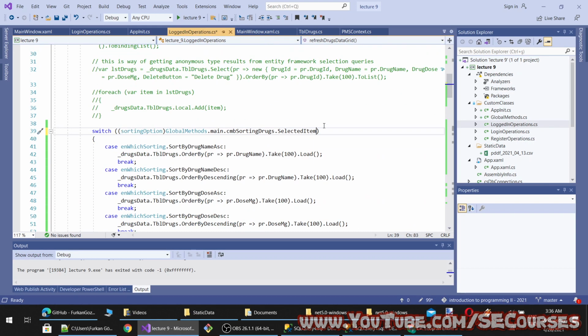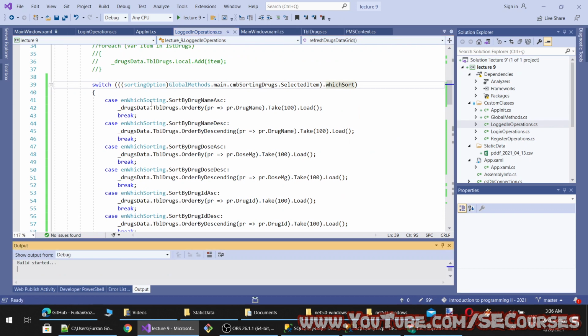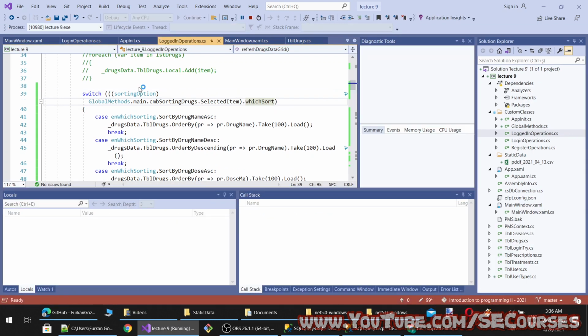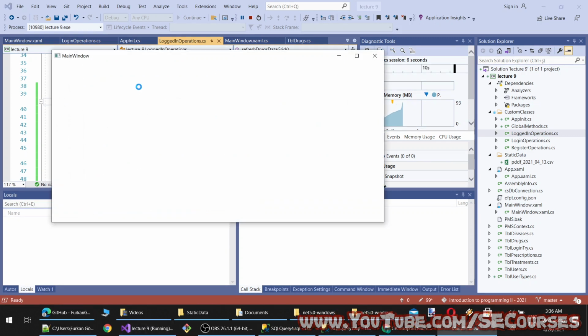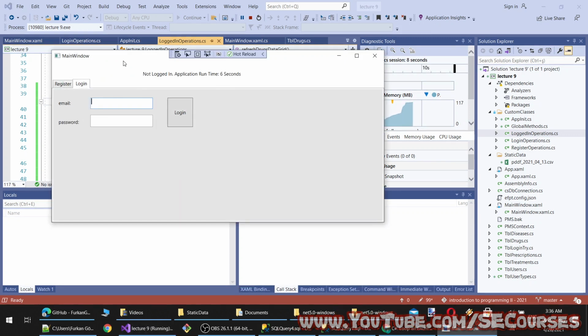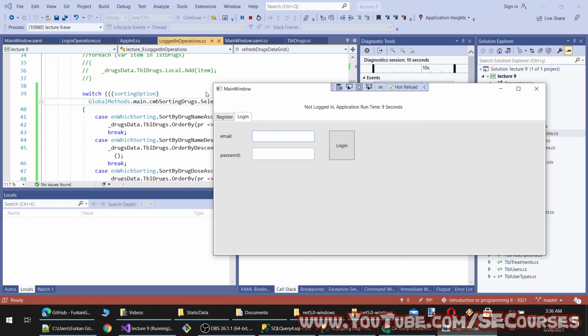And then I need to get, okay, I need to add another parenthesis here. And then I need to get which sort. Okay, now it will work. So we will cast it first, the type of the class that this list is holding. Which list? The list we bound as an item source to our combo box. Because that list contains type of objects, type of sorting option objects.